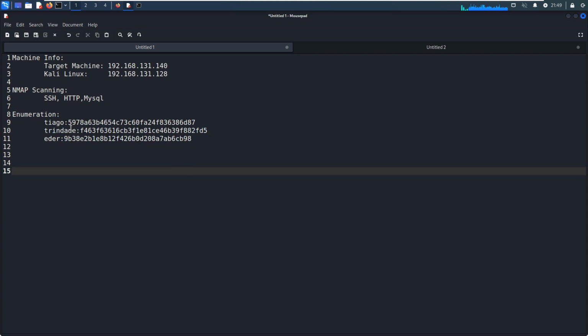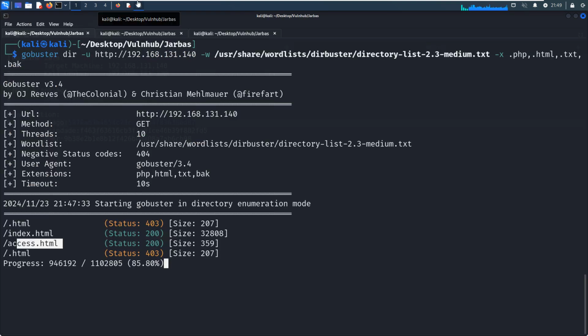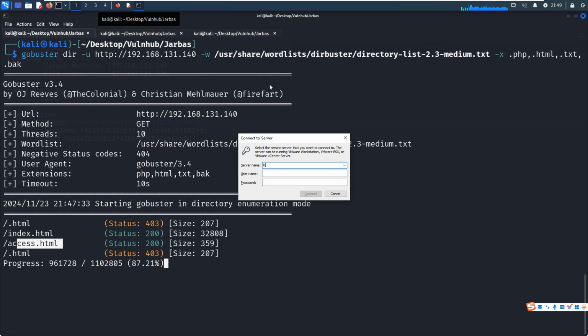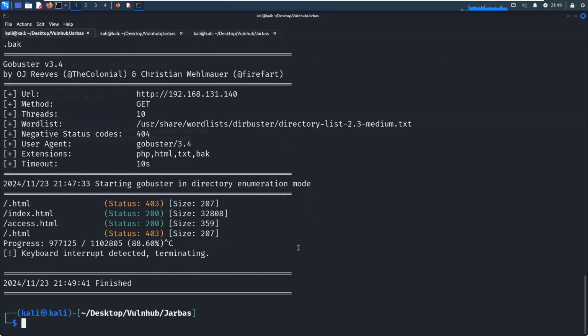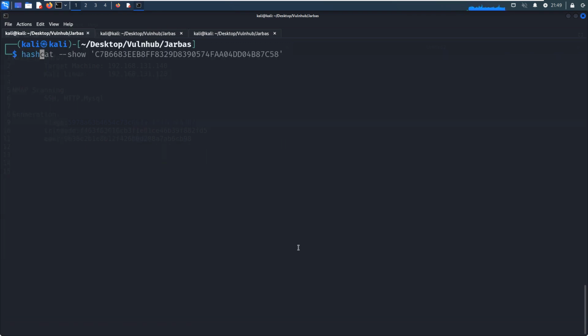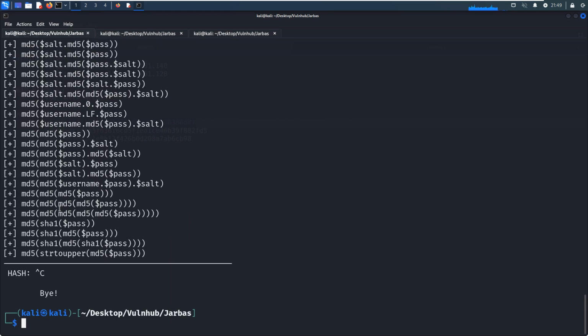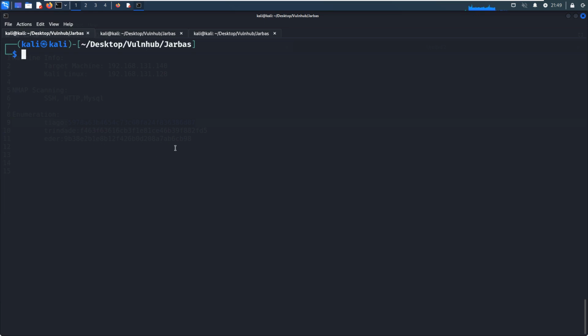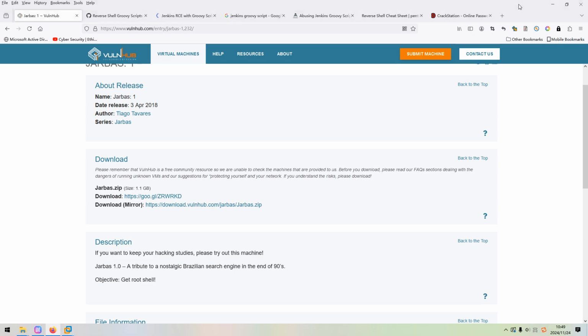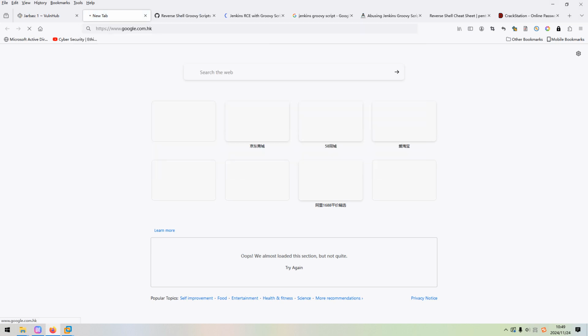And this would be MD5. If you don't know about this, we can use some different tools to identify it. For example, we can use the hash identifier. Paste in here. So this is MD5. Next, we can use John the Ripper or Hashcat, but also we can use an online service, CrackStation.